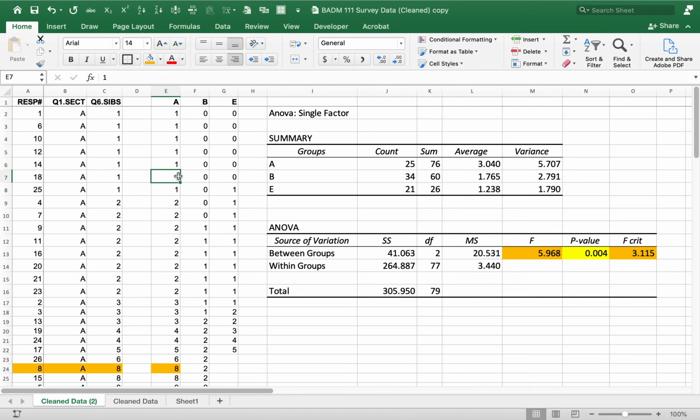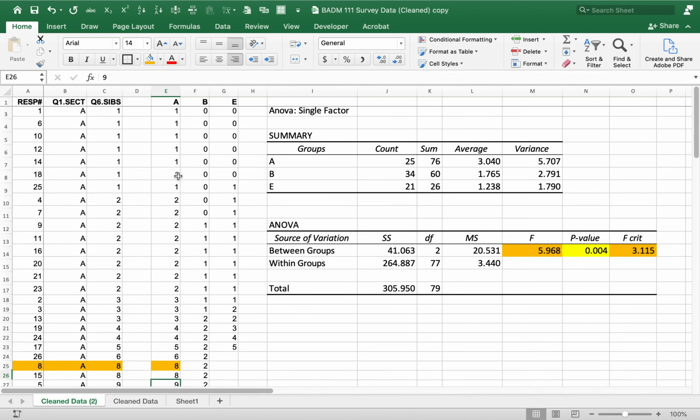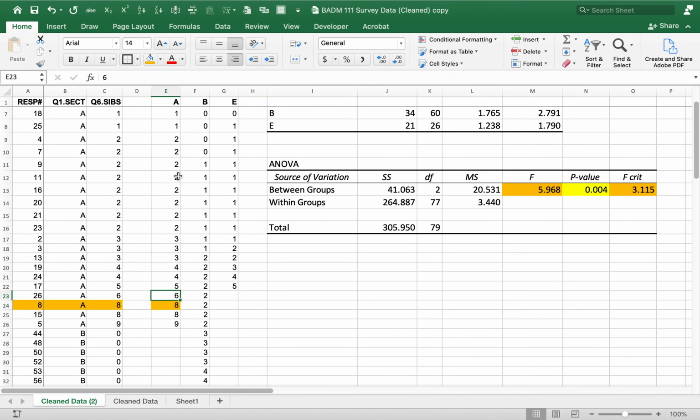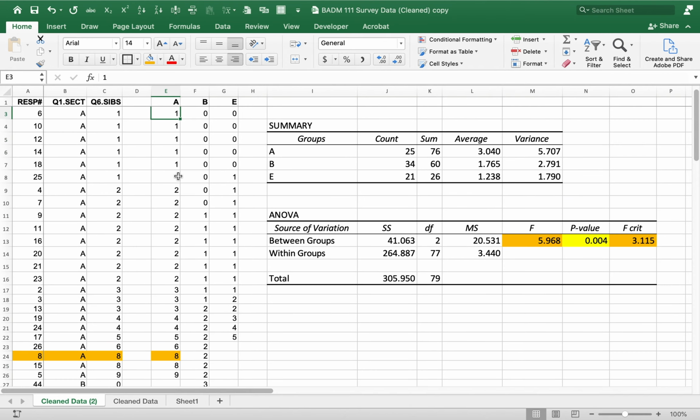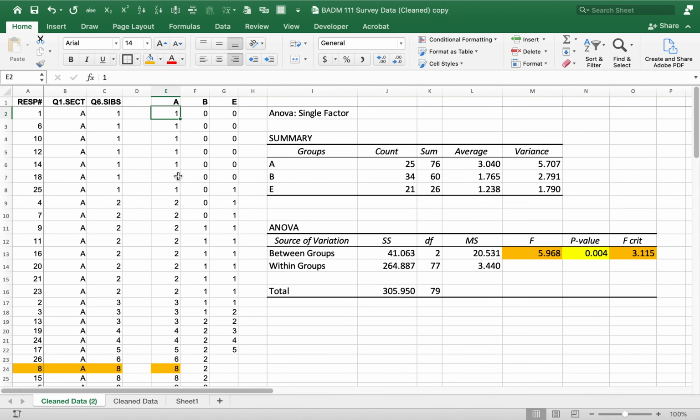And if you take a look at the data down here, you'll see that there are some students here that actually have a large number of siblings here. So that's what's causing that. Now that's useful. The problem is that